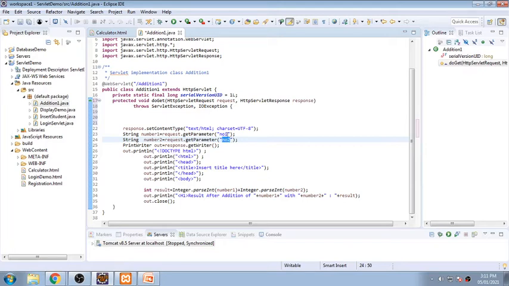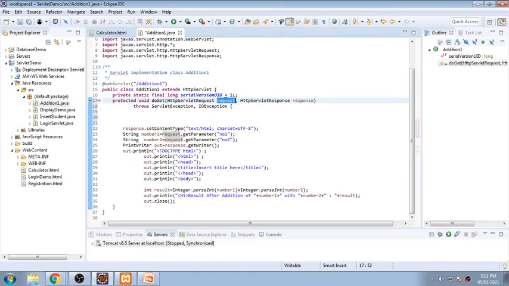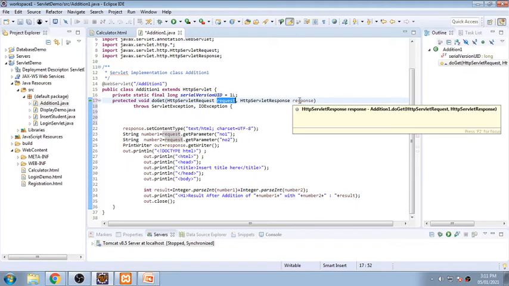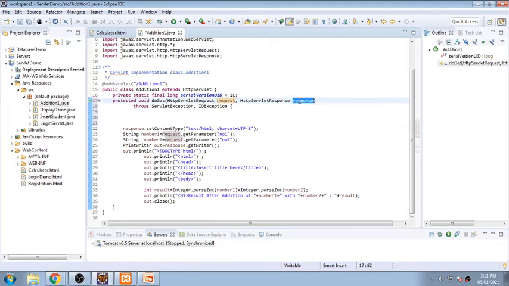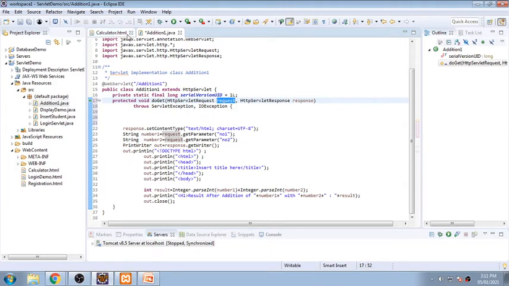Now how do we get those values? Request means whatever you receive will be in the request, and whenever you want to send something out of your program, that is nothing but the response. So I want to get the values from calculator.html into my program. So the request object, that is the object of HttpServletRequest,